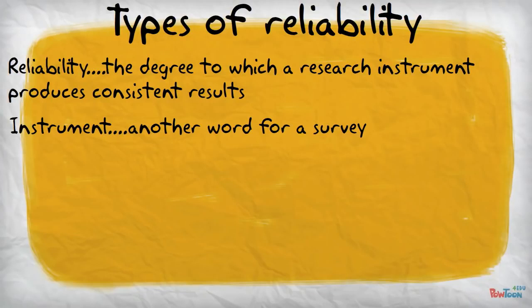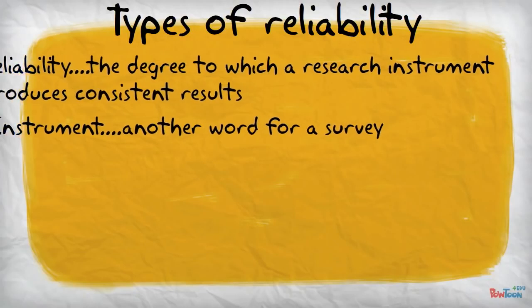Okay, let's compare the carnival guy to my bathroom scale. I step on the scale and I weigh 120 pounds. A couple of days later, I step on the scale and I weigh 120 pounds again. Now, that's more consistent compared to the carnival guy trying to guess my weight. It's not possible to exactly calculate the reliability or consistency of a research instrument, but we can estimate it in